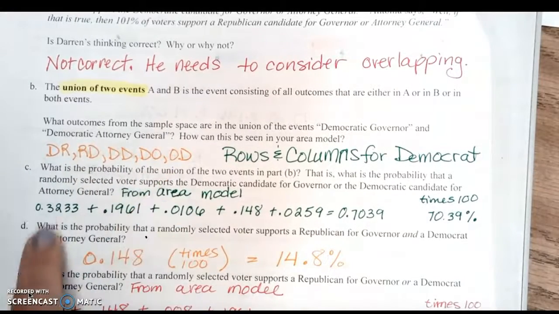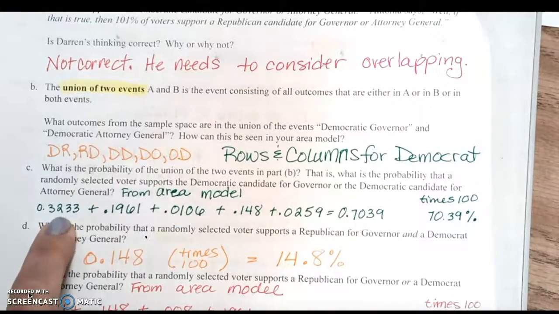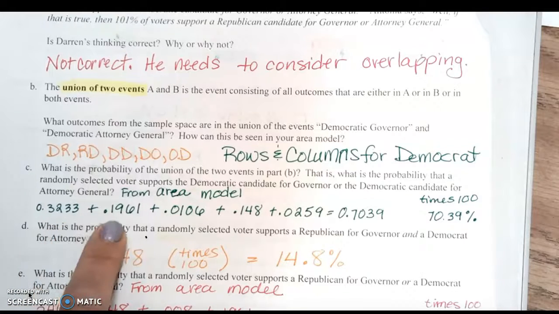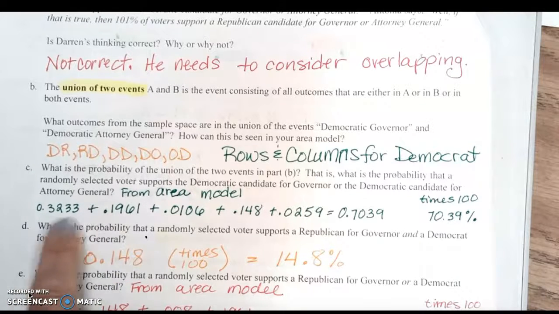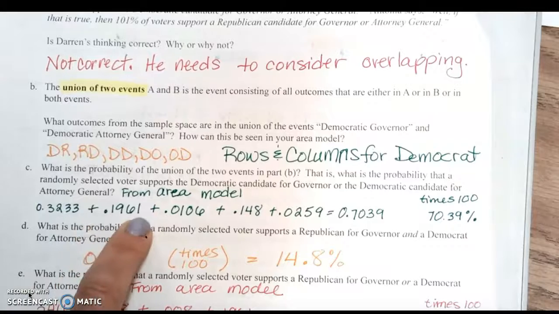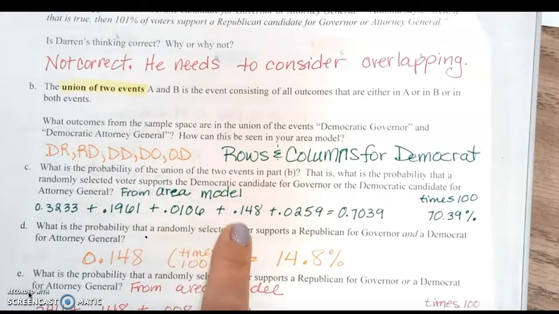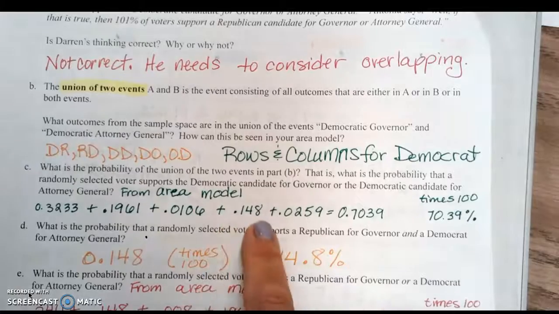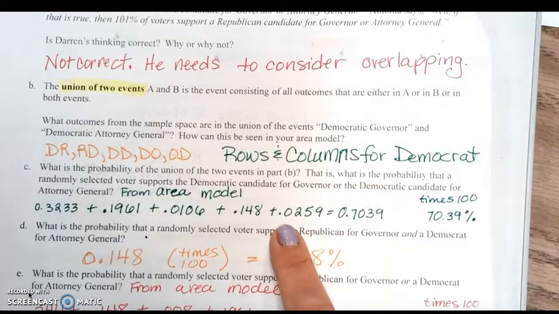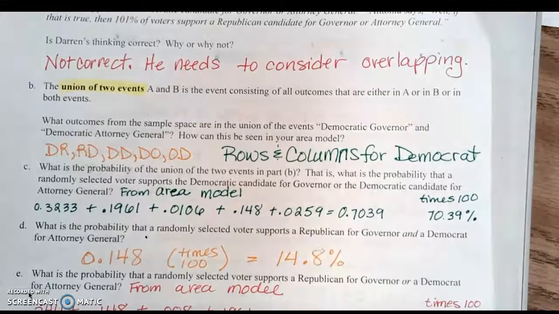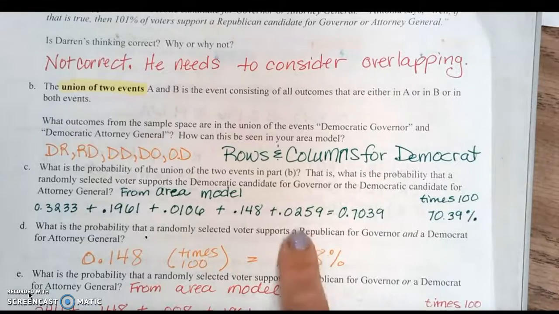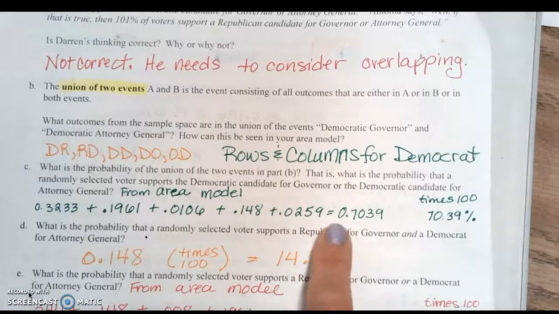So if you flip back over to the previous page, you had 0.3233 decimal, plus 0.1961 decimal, plus 0.0106 decimal, plus 0.148, plus 0.0259. If you take your calculator and you add all of those up, you get